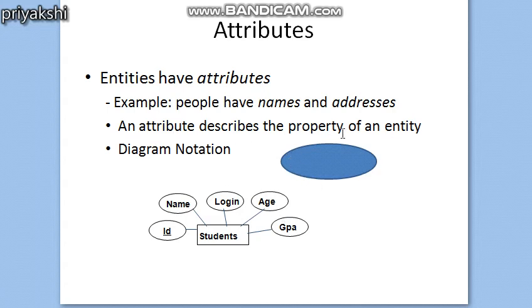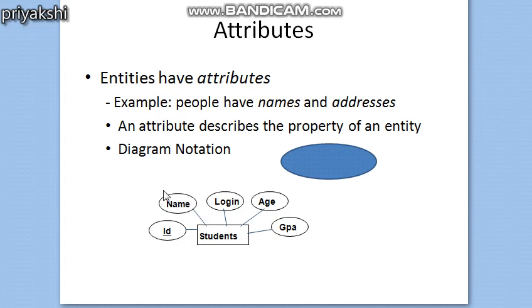Whenever we represent an attribute in the ER diagram, we use the oval notation. A particular entity will have a value for each of its attributes, and the attribute values that describe each entity become a major part of the data stored in the database.